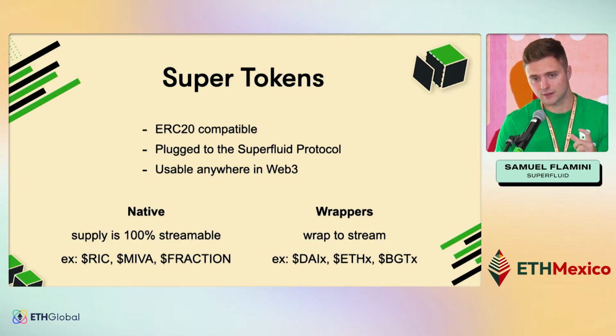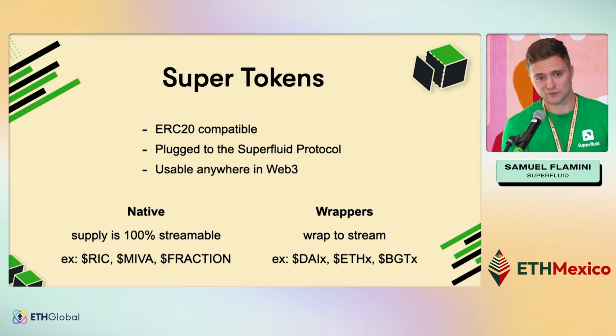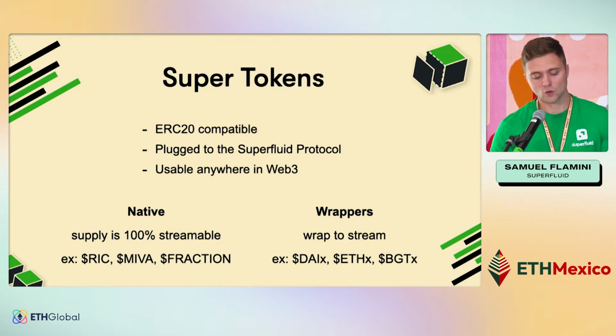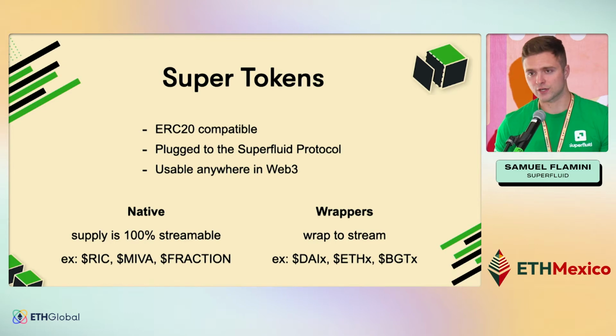So this is really cool for a lot of reasons, but what's really interesting about it is that these tokens that enable this can have really interesting ways that their balances can be changed in accordance with those agreements. In order to actually make this happen, this is pretty innovative. In order for you to send money on a per second basis, a lot of you are probably thinking, am I going to have to call transfer every single second to make this happen? And that's not the case, right? We built this additional token type, which is plugged directly into the Superfluid Protocol and is compatible with many of the other features you're used to with tokens. We inherit all of the standard ERC20 methods, and you can use them anywhere in Web3.